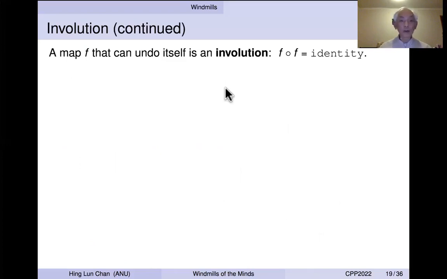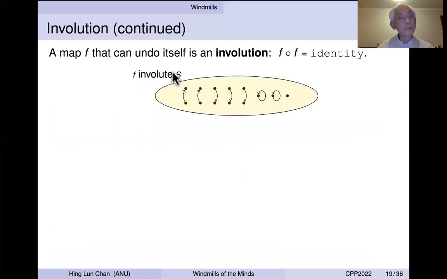This is another way to look at the involution, right? It just restates the definition. We are using some pictures. So this is a set, and there are some points, all right? And an involution will take a point, say this one to another one, but because doing it twice gives itself, this one must map back to this, and so pairs things up. If you remember the diagram for the flip map and the second map, they have all these pairs. So pairing. This one pairs with itself. All right, pairs with itself. What about the last one?